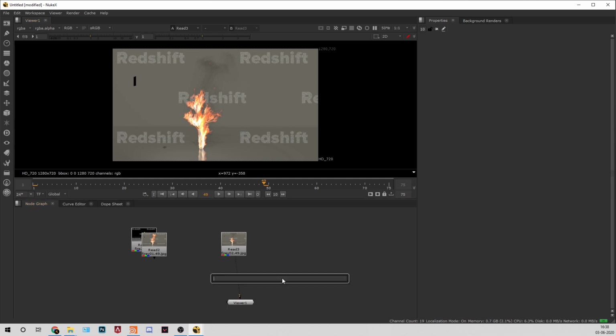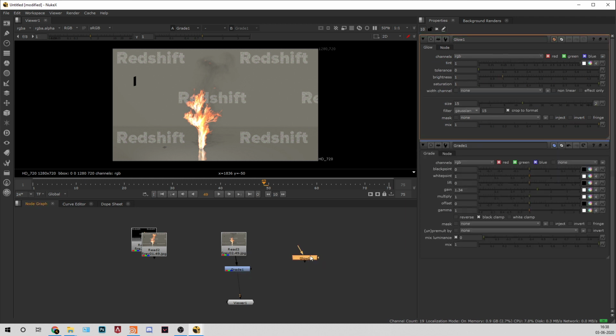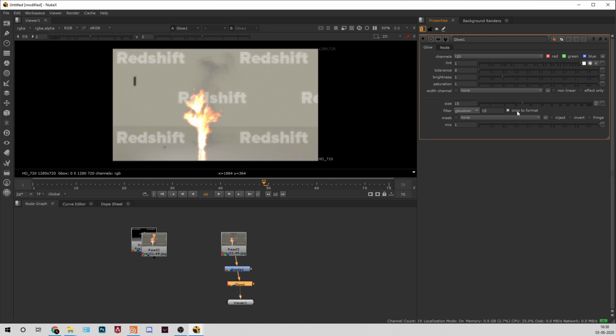So you can use a grade first, which you can use to increase and decrease the gain. So this is not a pass, this is a full render, that's why it is affecting fully. But when we do it for production, we have to give passes for the fire, for the smoke and everything, so they can play with that. So you have this thing, and you can put a bit of glow, and you can see it is so high.